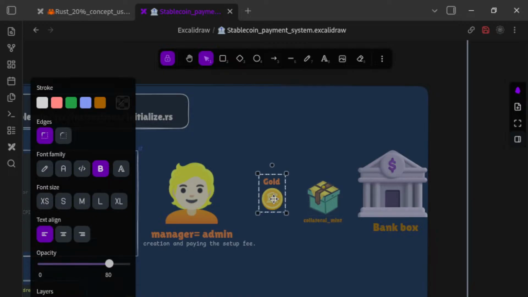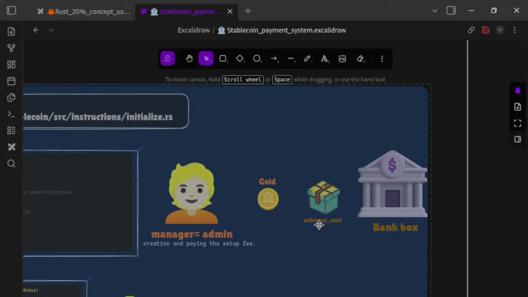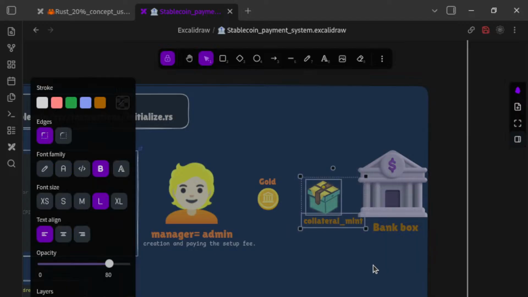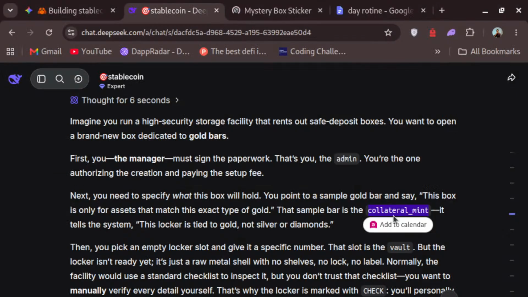So what is going on here is I am saying that I have the box. Okay, right. So this is my box, and I will have a sample bar that can